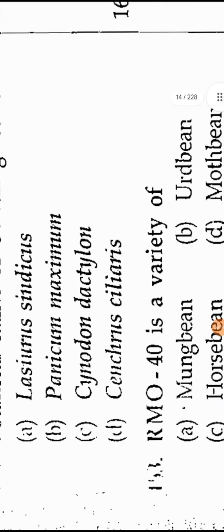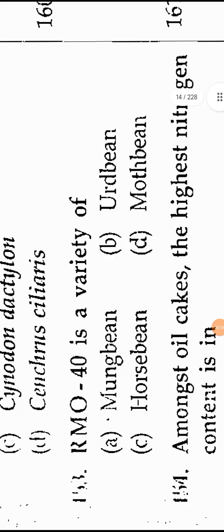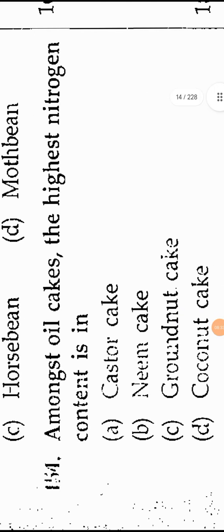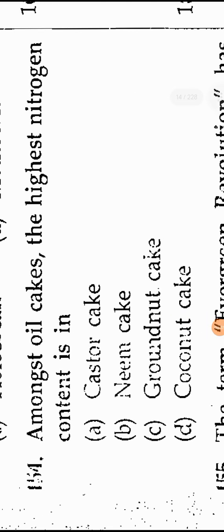Botanical name of Sewan grass: what is its botanical name? Its botanical name is Lasiurus sindicus. RMO 40 is a variety of moth bean. Amongst all cakes, the highest nitrogen content is in groundnut cake. The term evergreen revolution